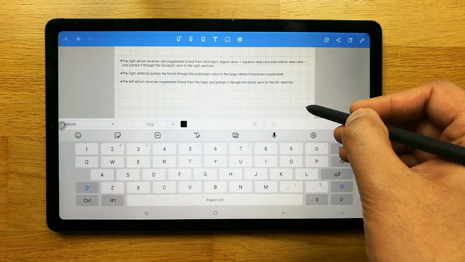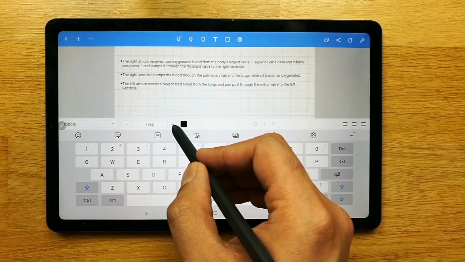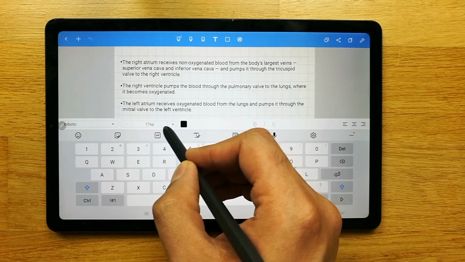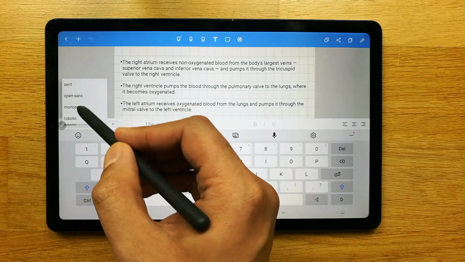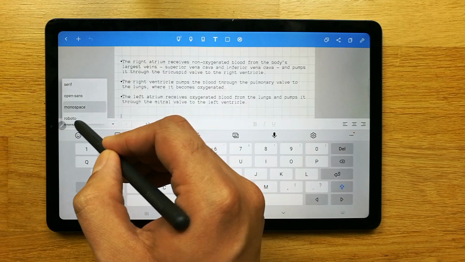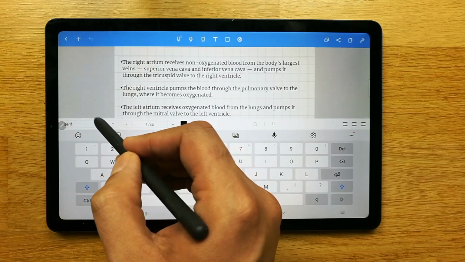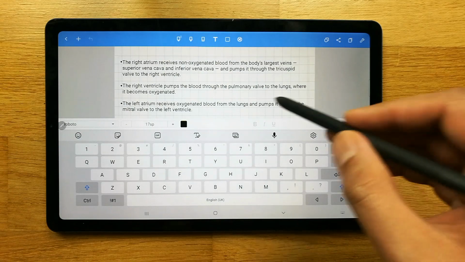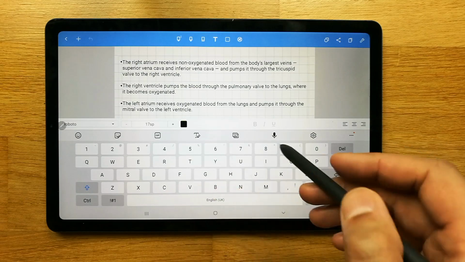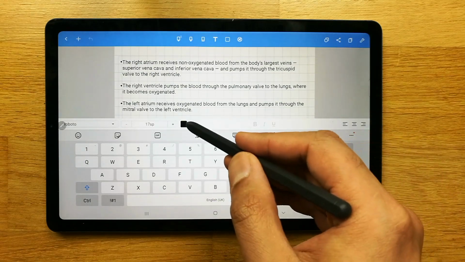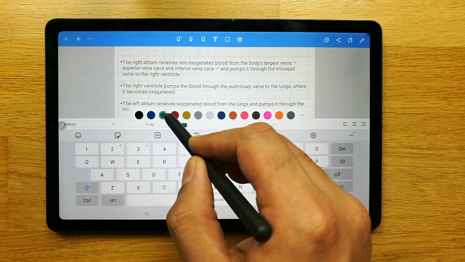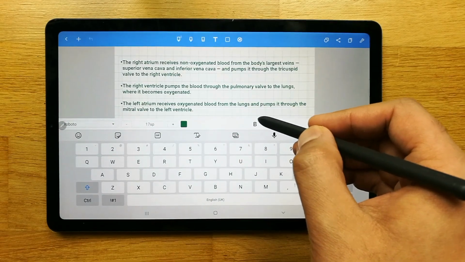I can also make it like this. If I want to increase the size, I can increase the size of the text that I copied using this plus icon. I can also change the style of the text. For example, if I want this style or this style, there are a lot of styles I can choose. Okay guys, and I can also change the position of the text using these three icons over here. I can also make it bold, italic, and I can also change the colors. For example, I want green color, so I just select green color as well. Okay, I can make it bold.